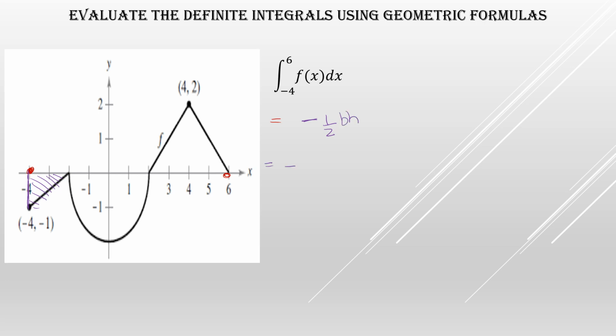Now solve it. Negative. How many do you have for the base? You have two boxes for the base. What is the height? The height on negative 1, it means it is only 1. That means the one box. Now from negative 2 till 2, you have a figure which is called a semicircle. So you know that the semicircle is also below the x-axis, and the formula of the semicircle is negative half pi r square. Negative shows that it is below the x-axis.